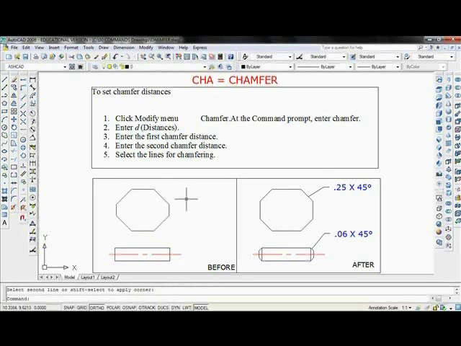As far as the shaft goes, I'm going to type CHA enter again. CHA enter. D enter. This time the distance will be 0.06. Enter. And I'll enter it again because I want it at 45 degrees. So now I'll select the corner, repeat it down there, and again on this side,